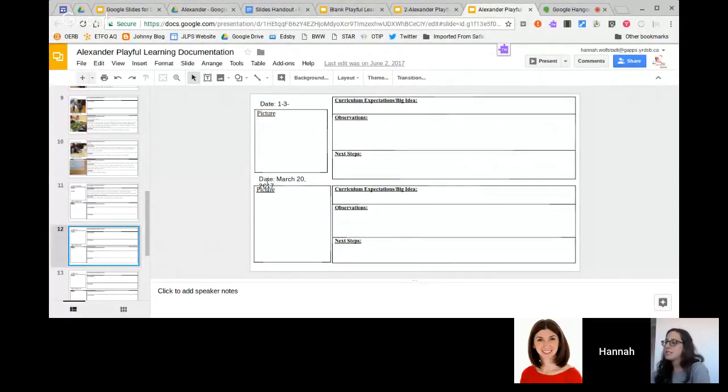So as you can see here, this was our slide template from last year. It was a lot simpler. We had an area for 2 pieces of documentation on one slide. So we simply had the date, a spot for a picture, the expectations or the big idea, the observations, and the next step. We didn't have a spot for the frame. We didn't have a spot for the educator. We didn't have a spot for if it was key or